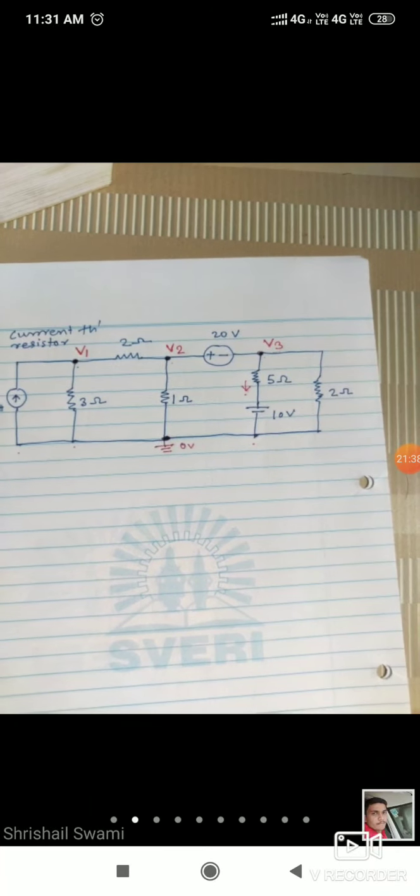Now the third step is to apply KCL. Is there any problem applying it here? No. Incoming current is 10. This is the outgoing current and this is the outgoing current. So assuming V1 is greater than 0 and V1 is greater than V2, you will get one equation. Now next, come to here. Do we know the direction of the current here? Mark away from the node. Assuming V2 is greater than V1, find the current.